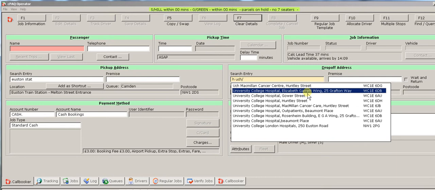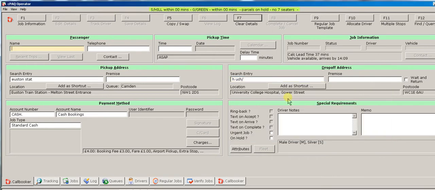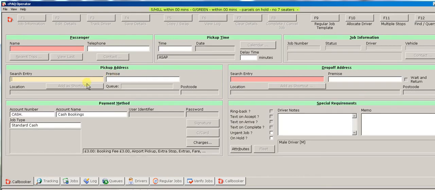So when we go to the hospital, that's not so important. If they say I'm going to the UCH, we can just choose any of them. It doesn't really make a difference because the driver will just drop them off wherever they tell them to. But if we want to pick up, then it's important that we have the correct address. We have the same for the airports. For example, City Airport, remember A for Airport, then City,